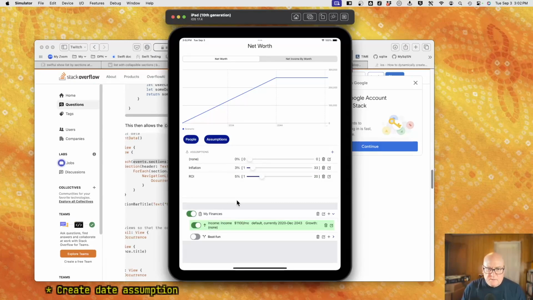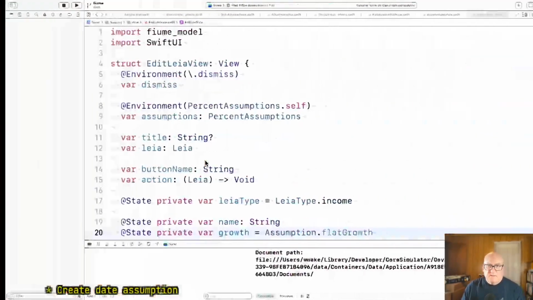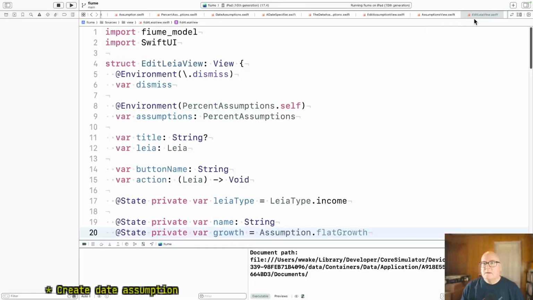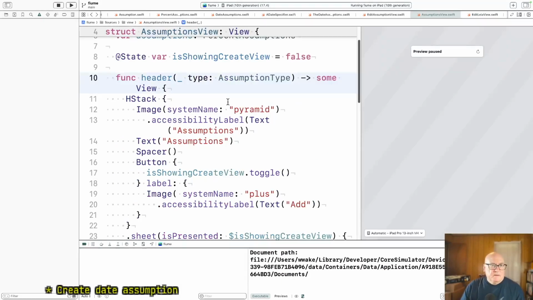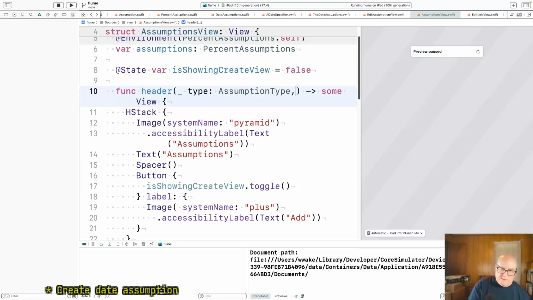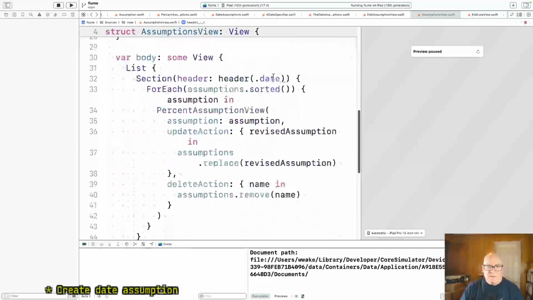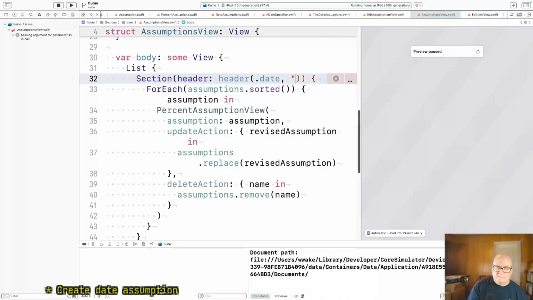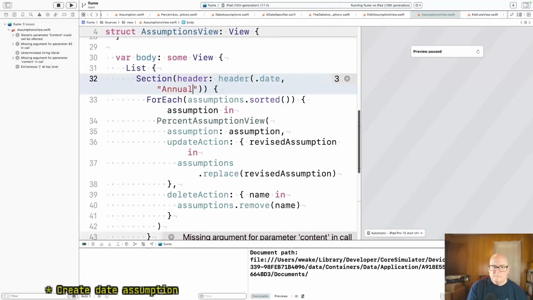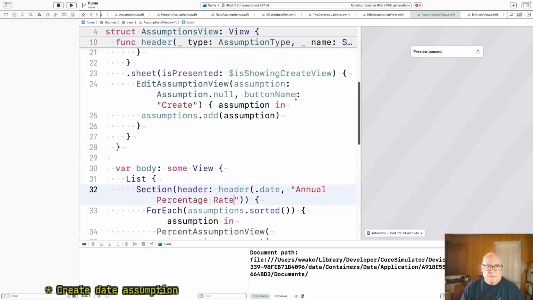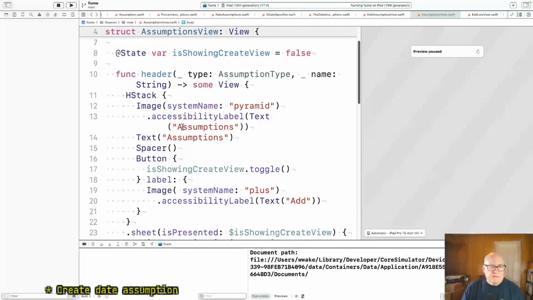Nope, it's this one. Okay. Yeah, that's still there. Good. All right. So I'm going to pass the name to name. Okay. And then